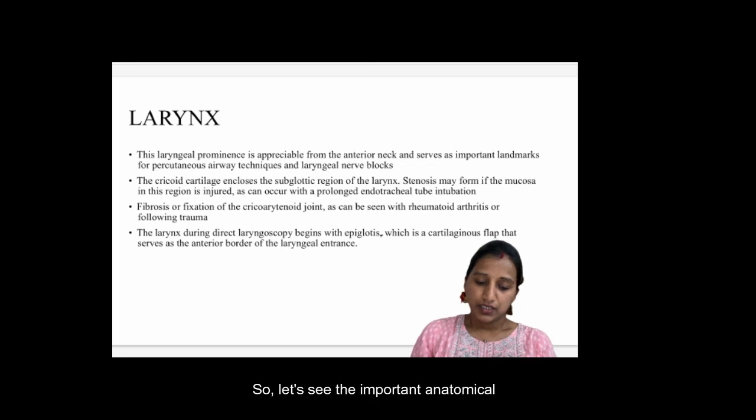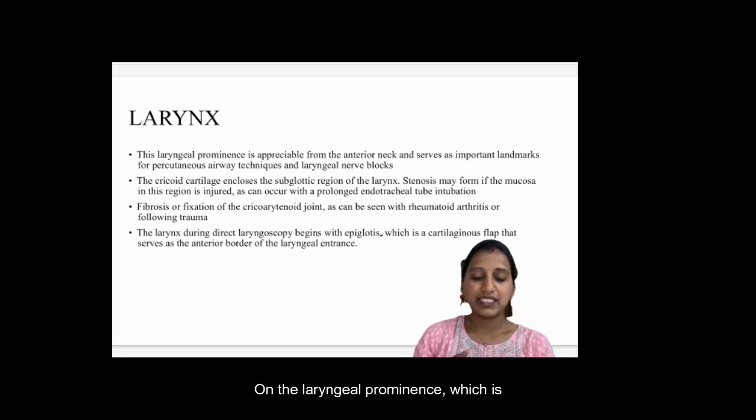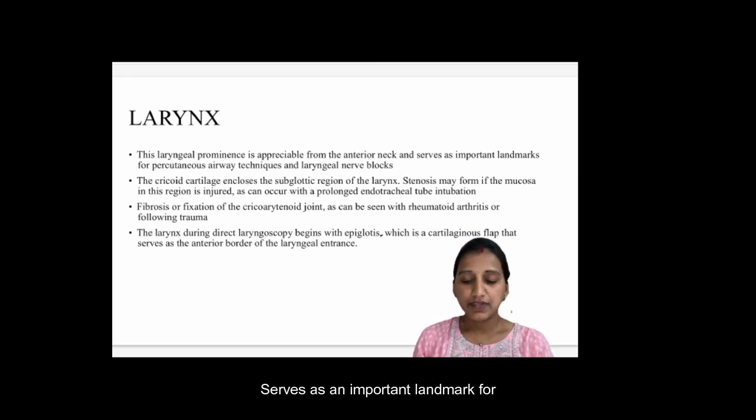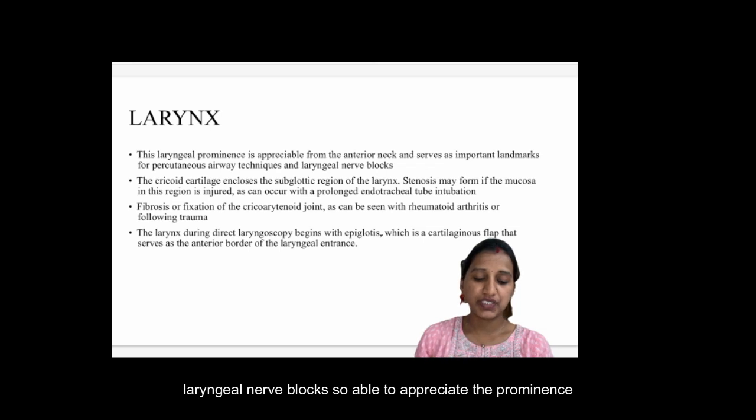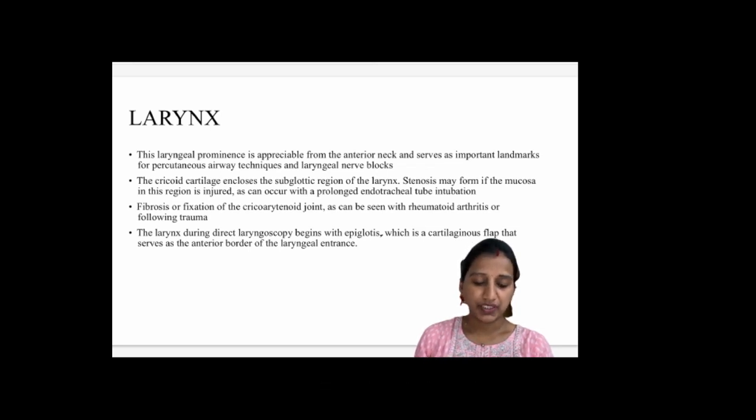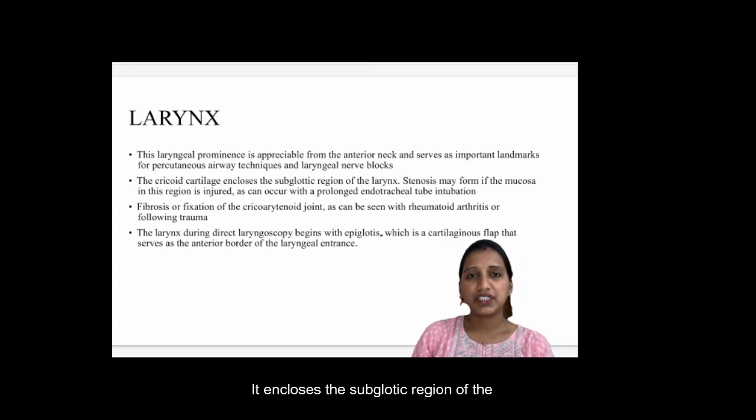So let's see the important anatomical aspects. The laryngeal prominence, which is appreciable from the anterior neck, serves as an important landmark for percutaneous airway technique and laryngeal nerve blocks. So, being able to appreciate the prominence is very important. Cricoid cartilage, it encloses the subglottic region of the larynx. Basically, cricoid cartilage is an unpaired cartilage and it is a ring-like